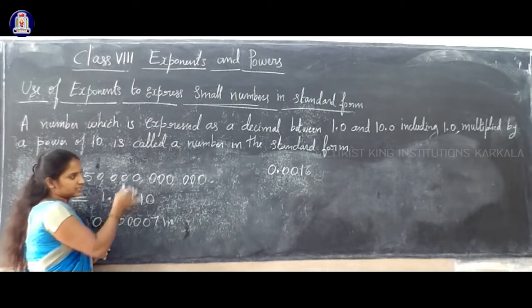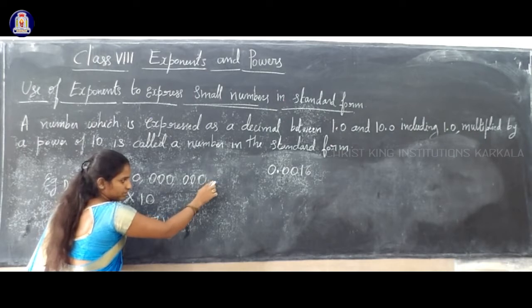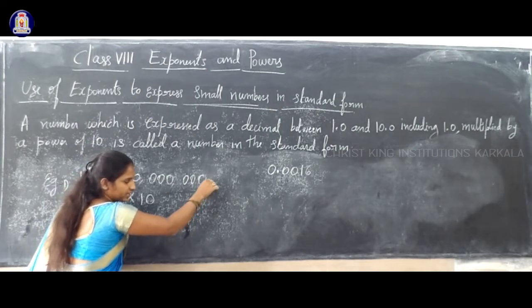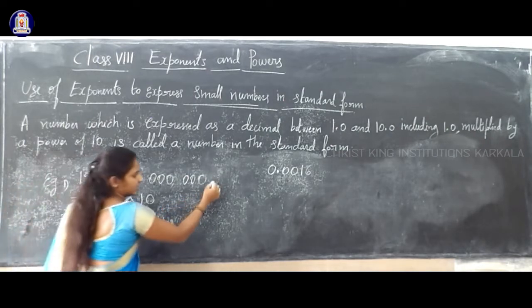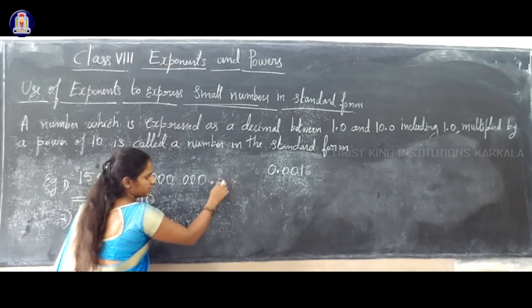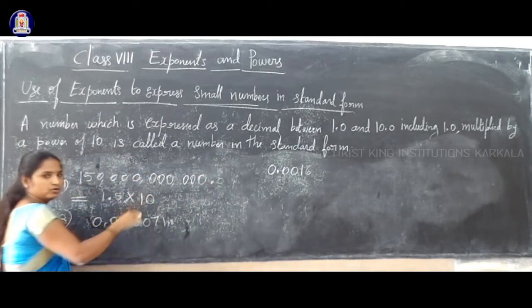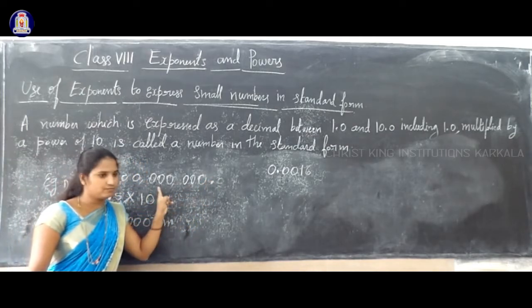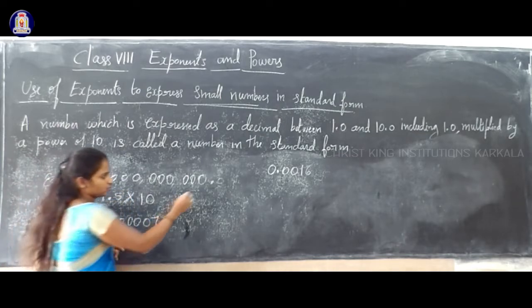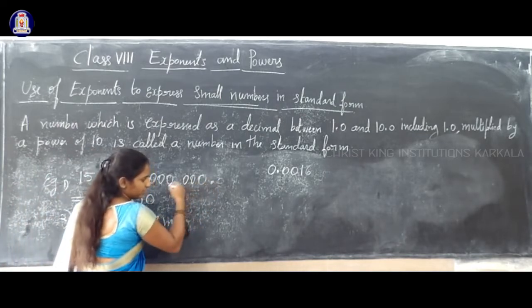So that means in this there is no decimal; the decimal point is at the last. You can write the decimal point here. Next, if you want, you can add extra zeros. Now you can consider 0 here. Now we have to shift this decimal point to the left-hand side.